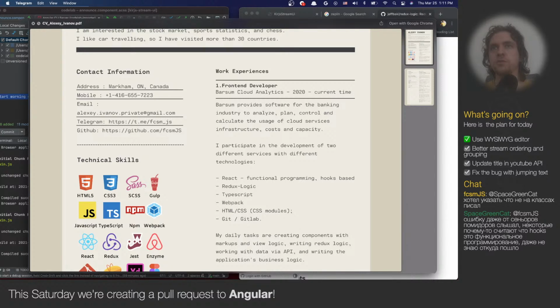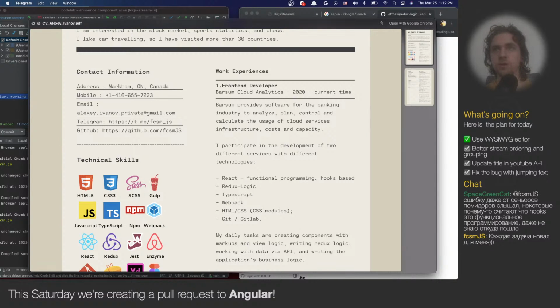I even saw this mistake from senior people because some people think that hooks are functional programming. So the reason people think that hooks are functional programming is because hooks are only available in functional components. And I guess because of this, people think, okay,